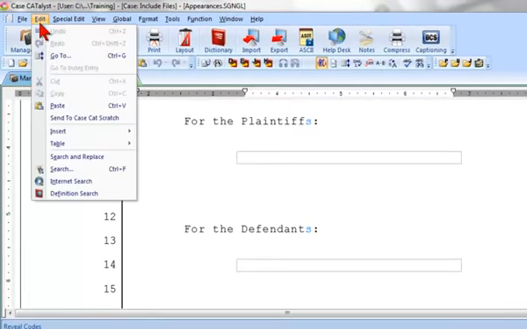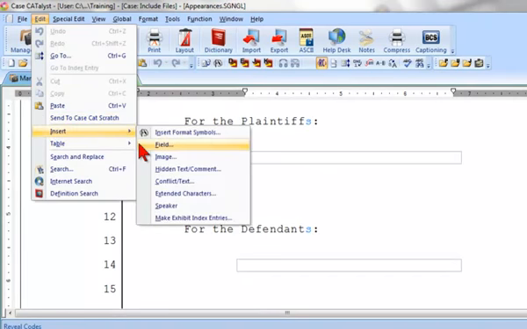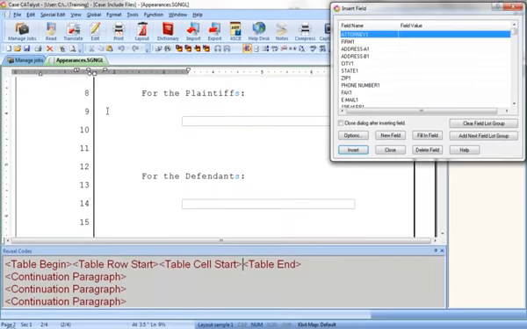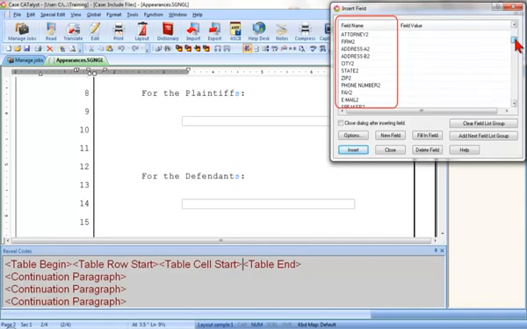I'll click Edit, Insert, Field. Field list groups appear at the beginning of the Insert Field dialog box. You can see the first group here with fields for the attorney's name, the firm's name, address, phone, and other contact information, all ending with the number 1. If I scroll down, you can see the second group, and then a third,